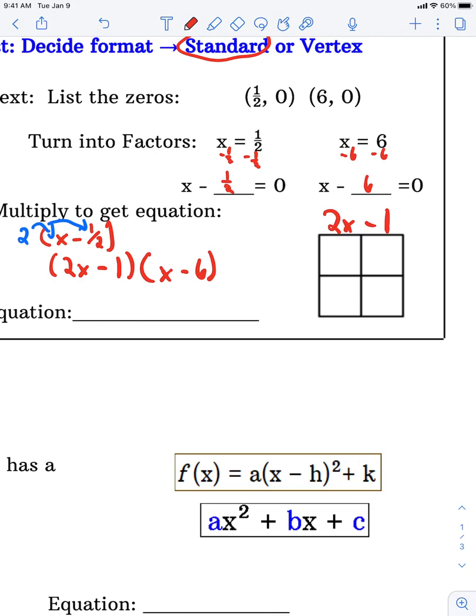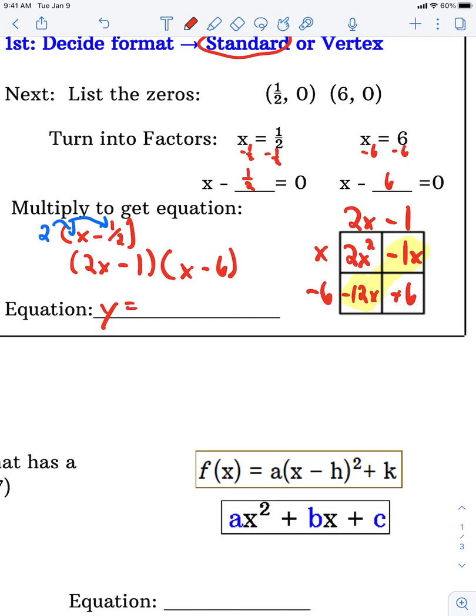So 2x minus 1 and x minus 6. Again, I'm going to use the box. You can use your preferred method if you have one. So 2x squared there. Let's see, that'd be negative 1x. This is negative 12x, and then positive 6 right there, right? Okay, so then looking for like terms here. All right, so then if I'm going to write that one, I got y equals 2x squared